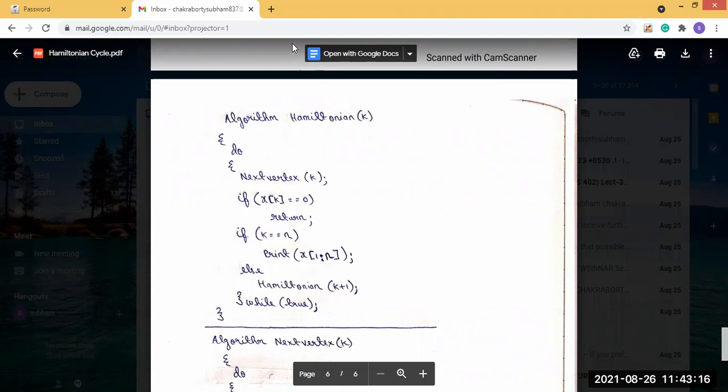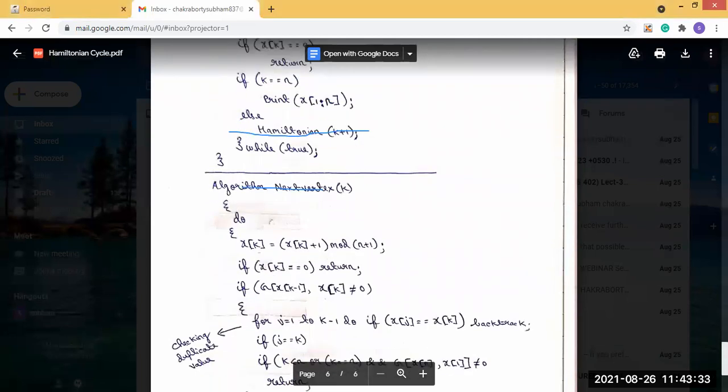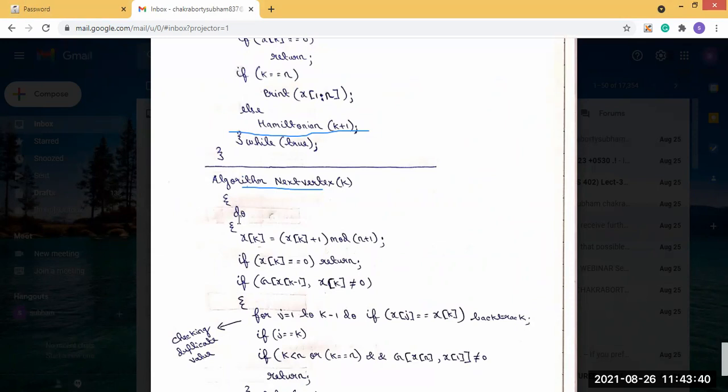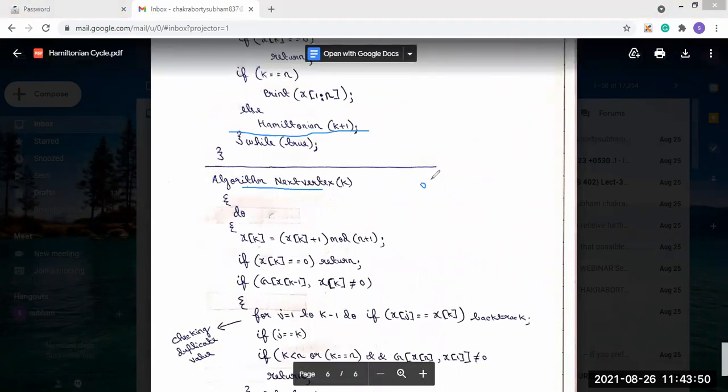Okay, so this is the algorithm of the Hamiltonian cycle, algorithm Hamiltonian, and then again do operation next vertex. So we are calling another function that is the next vertex, and in this next vertex algorithm, you are saying do xk equal to xk plus 1 mod n plus 1. That is the time I have already written that from 0, 1, 2, 3, 4, 5, then again 0, then again 1. So after performing the mod operation,